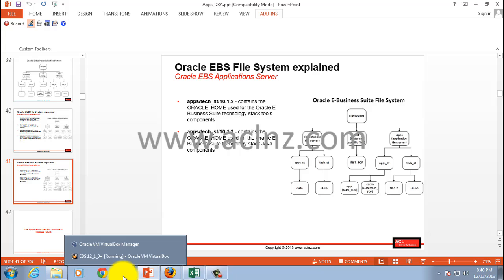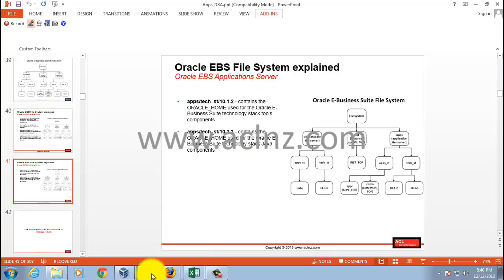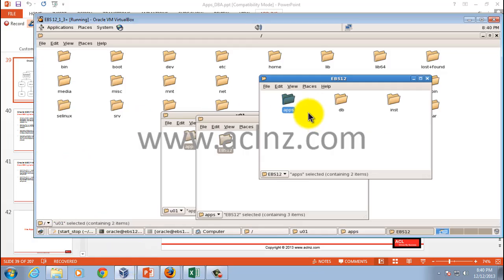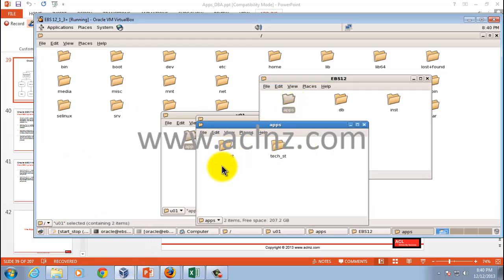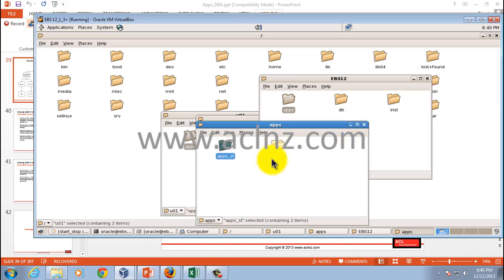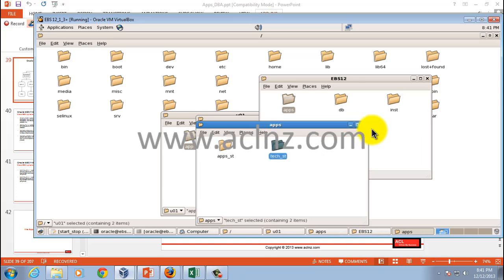So if I go back in the server, and I click on the apps directory this time, so where am I? If you recall, I'm here. You'll find two directories in that, apps st and tech st. I'll double click on that, you will see those two directories, and likewise if I double click again, I will find application and common here, and then in tech st I'll find 10.1.2 and 10.1.3. These are nothing but Oracle homes for your application servers, and that is your high level directory structure for release